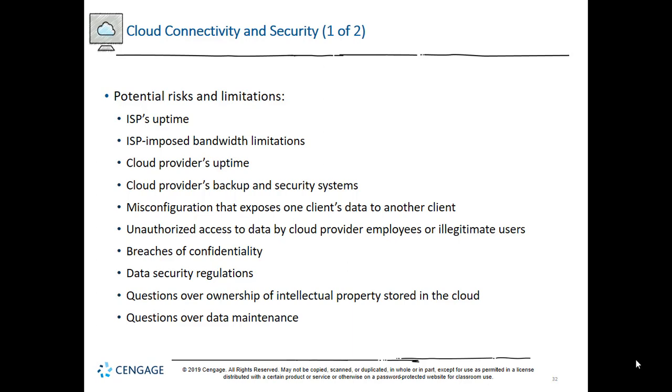ISPs impose bandwidth limitations, the cloud provider's uptime, cloud provider's backup and security, misconfiguration that exposes one client's data to another client, unauthorized access to data by cloud provider employees or by illegitimate users, breaches of confidentiality agreements, data security regulations such as healthcare and financial government entities, questions over ownership of intellectual property,